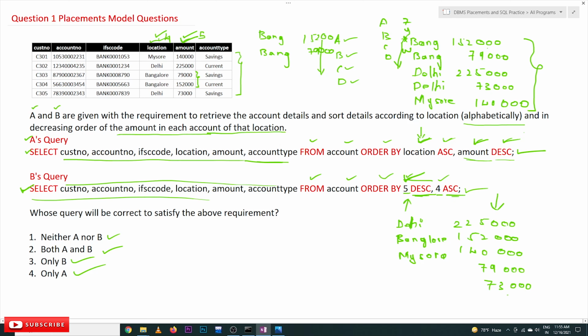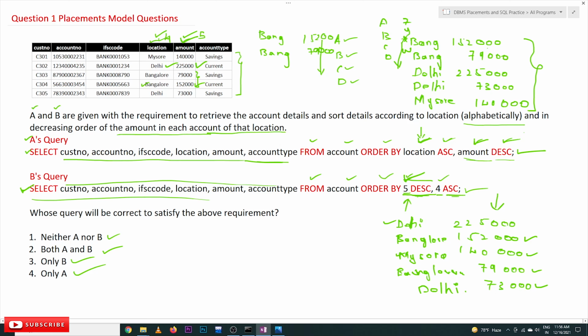So these values will be arranged in the descending order, and after that based upon these values, the descending order of these values has to be displayed. So for this value the location is Delhi, it has to be here, and for this value the location has to be Bangalore, and for this value this is Mysore, and for this value this is Bangalore again. Okay, Bangalore again, and for this value it is going to be Delhi. Okay, so this is how the things will get arranged for this query.